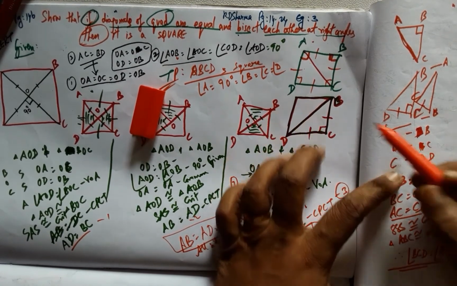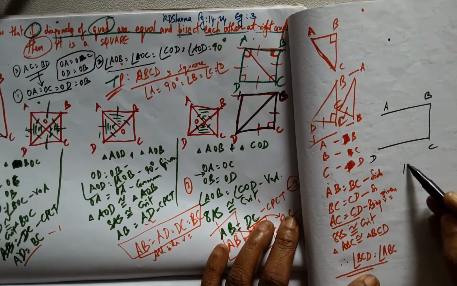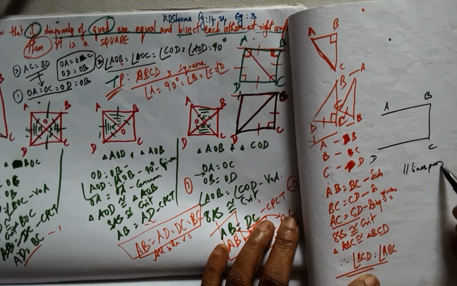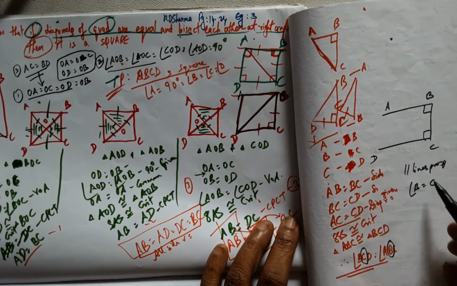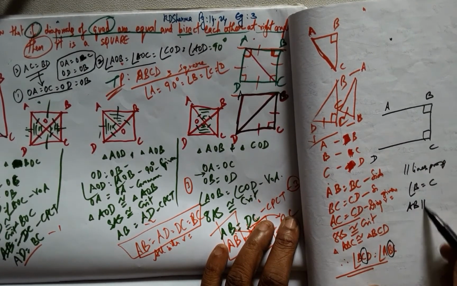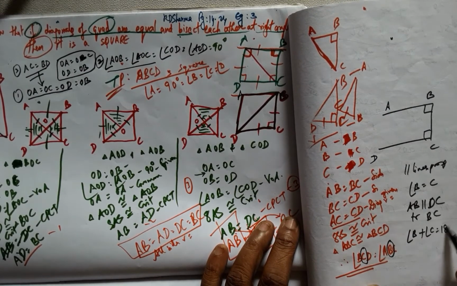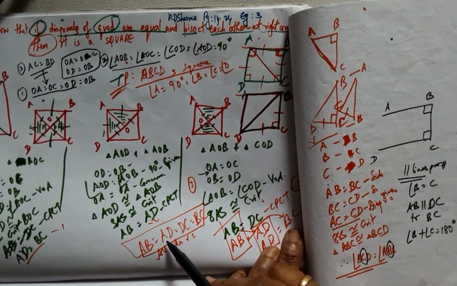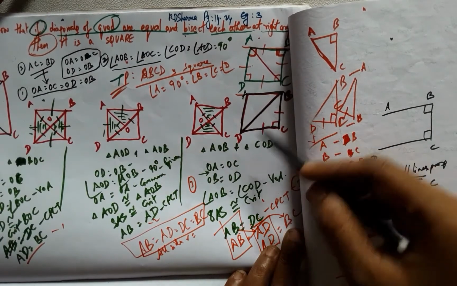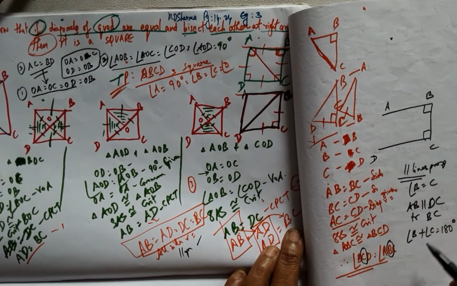Here again we can use the parallel lines properties, as angle C equals angle B. We know that for AB parallel DC with transversal BC, we have angle B plus angle C equals 180 degrees. Now how did we get to the parallel lines? Here we have two pairs of opposite sides, and if they are equal, it is a parallelogram.